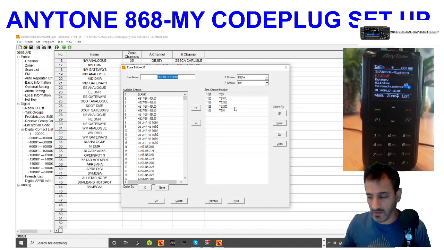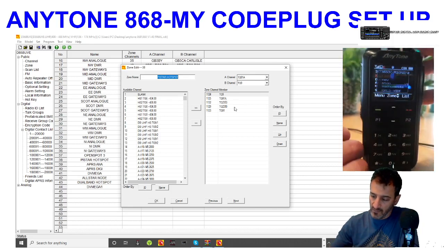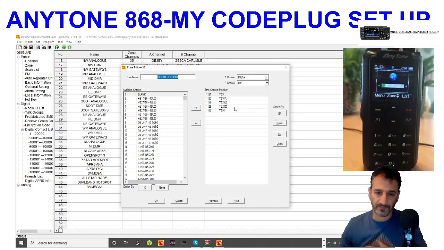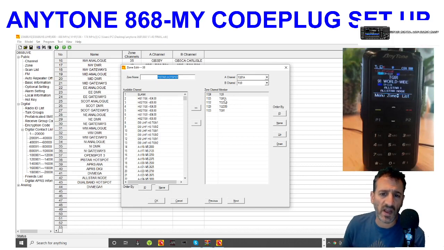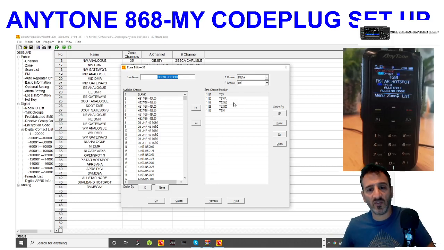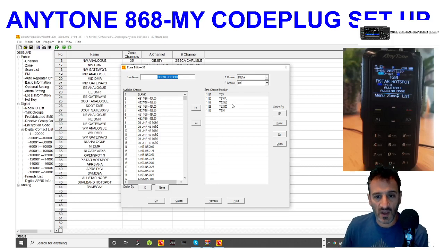Oh, you can see it come into life there. So I've got 91A in there. Now that's my APRS channel. I haven't been able to test it yet because I haven't got an APRS lock. But you know, this ANYTONE 868 is the GPS model, and for now I've put in 2353, which is where 20UKH does a lot of his chats, and then I've got 2350 and Talk Group 91, which is very busy. And I suppose you could add Talk Group 4000 on there as well for disconnect,